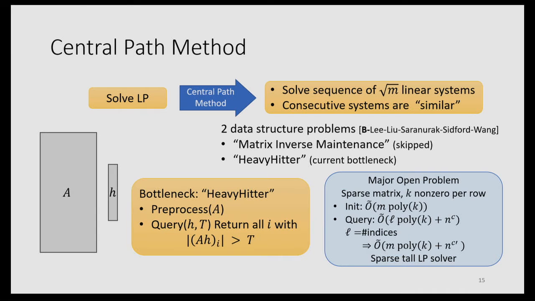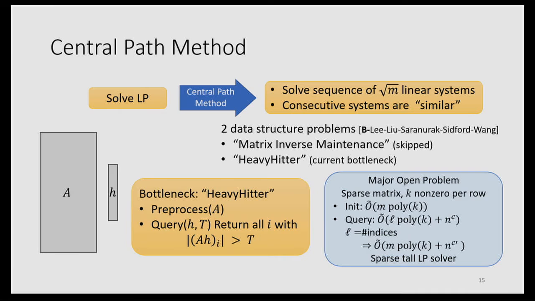That's m. Can you preprocess that in m times some polyterm, the number of sparsity, the number of non-zero entries per row, such that then every query, the complexity is roughly proportional to some polynomial in k and L, where L is just the number of indices you're going to return. So if there are few large entries, you spend only little time. If there are many large entries, you spend a bit more time, but it's supposed to be just proportional to the number of entries you're going to return and something that is a small polynomial in the number